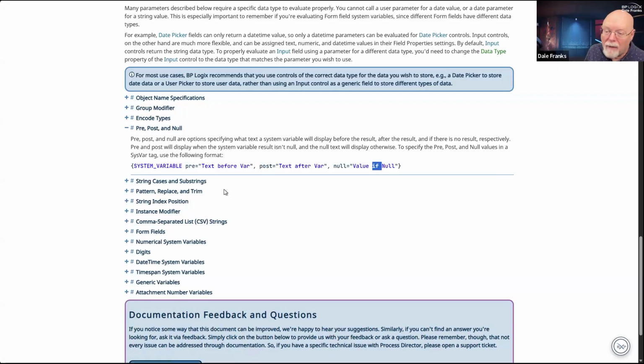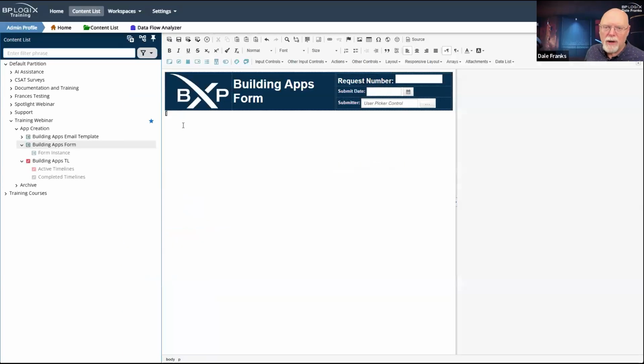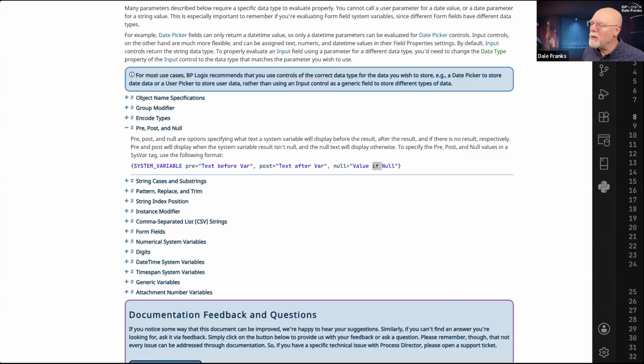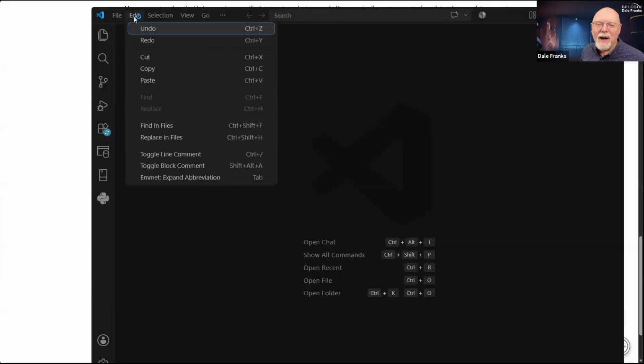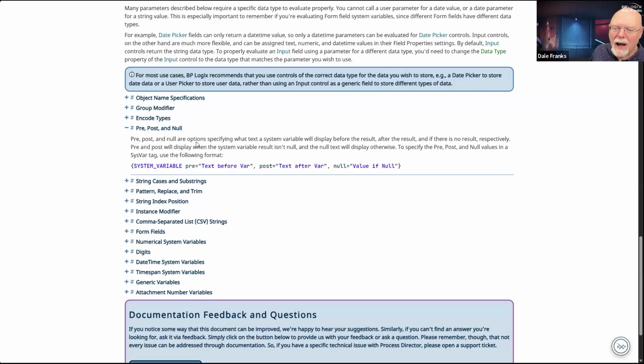Now, we don't have to use these. Let's look at some examples. I think that'll be a little bit easier to discuss what it is that we are going to do inside this embedded section. So I am going to close that vars file. Glad that opened over there. We will go to File, New Text File, and I'm going to copy this right here.